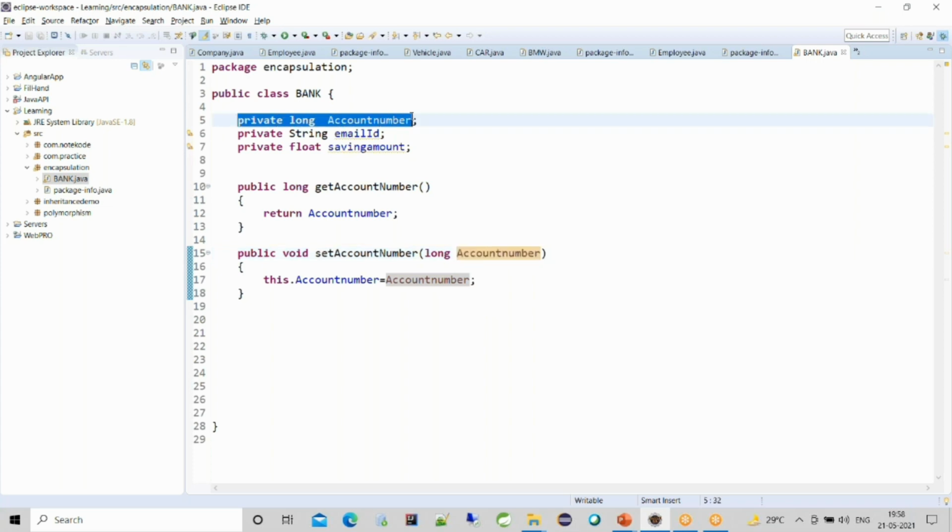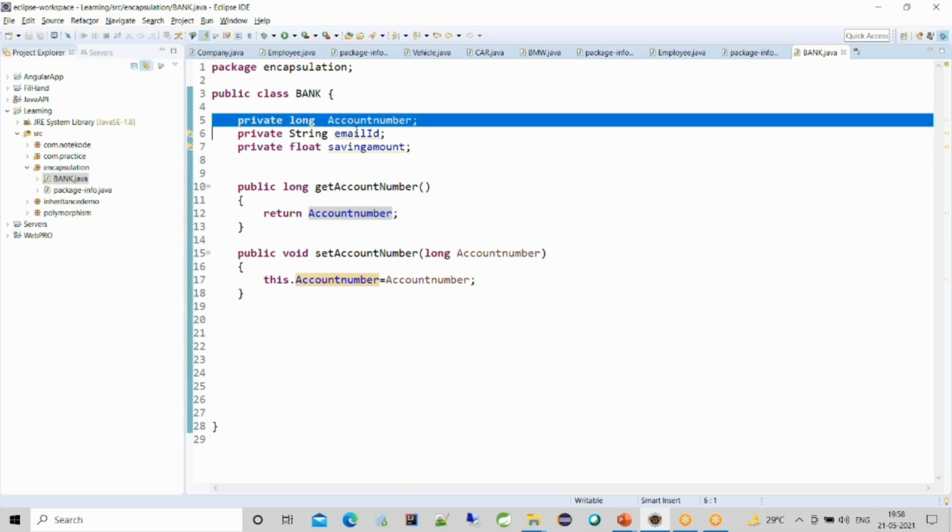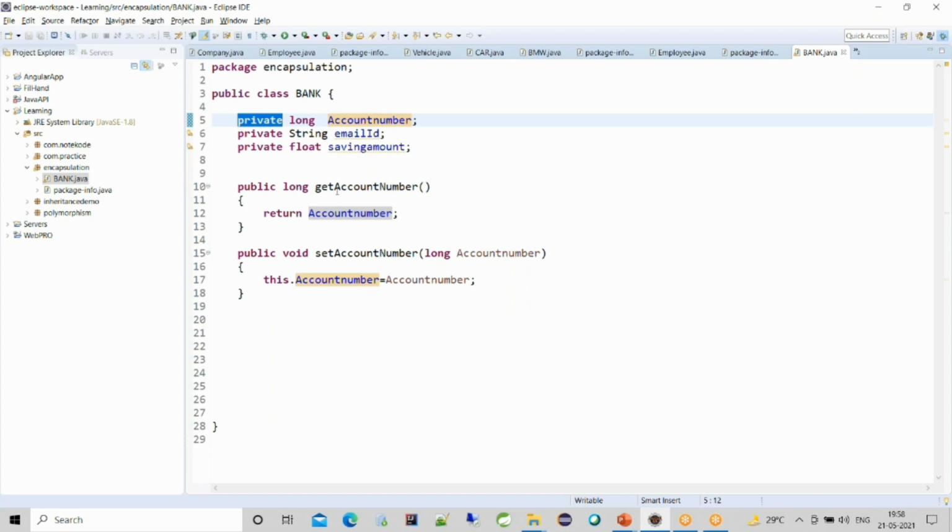Simply, you cannot access this member because it is declared private. That's why we are creating setter and getter methods for other classes to initialize or provide the account number. Similarly, you cannot directly print this account number because it is private. That's why we are creating getAccountNumber. Whatever value has been set in the account number, it will return that value.